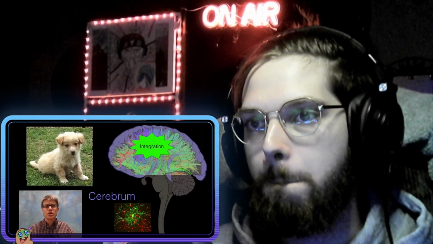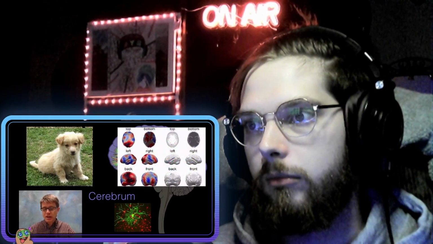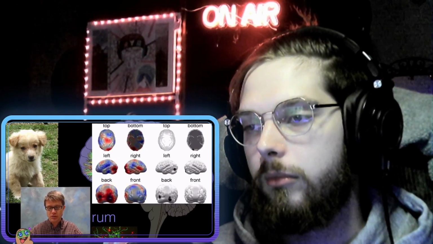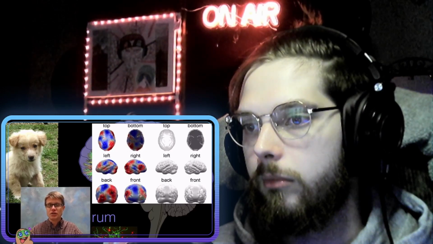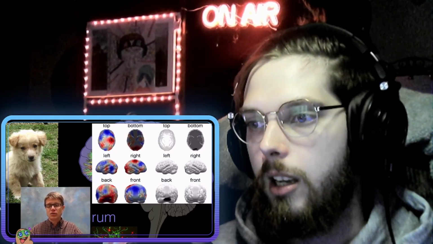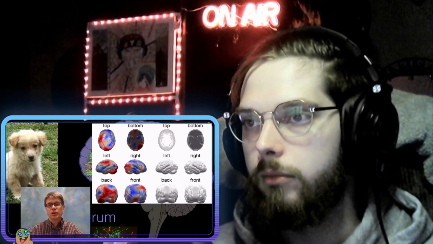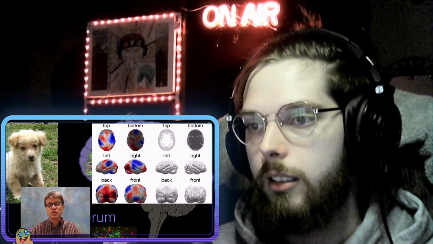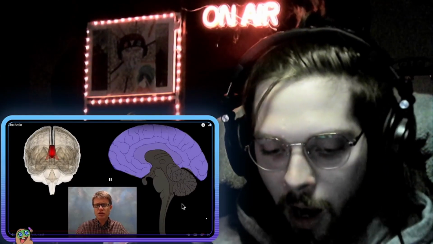We didn't know really what was going on, but now we can use technology like a functional MRI, functional magnetic resonance imaging. And what we're looking at here is a brain in action. So this same study was done on females, and what they would show them is something neutral like a brick wall, and then a kitten, and then something like dirt. And so what we're seeing is as those images are switching back and forth, we can start to see where blood is flowing around in the brain, and we can start to figure out what the different parts of the brain actually do. We're able to figure out their function. So when we're looking at the cerebrum,